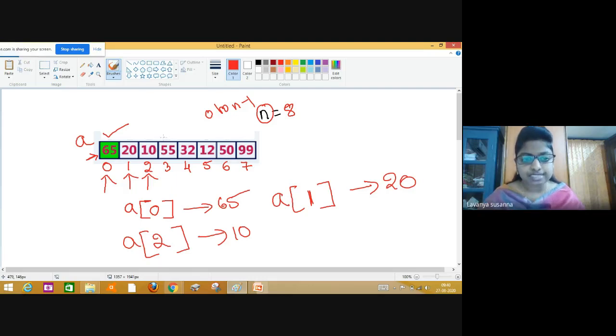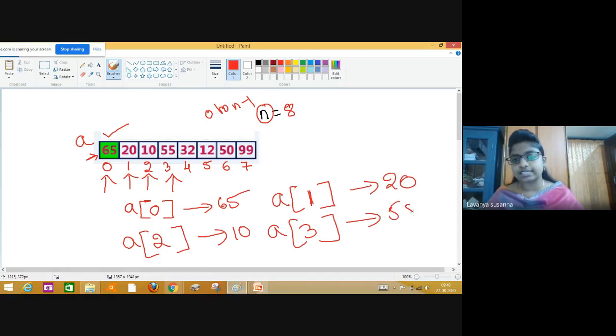If you want to access element 55, A of subscript operator. What is the index of 55? A of 3. In this way, you are going to access. A of 4 means 32. A of 5 means 12. A of 6 means 50. A of 7 means 99. See, this is the basics you need to know. In this way, you are going to access the elements. And see now here,